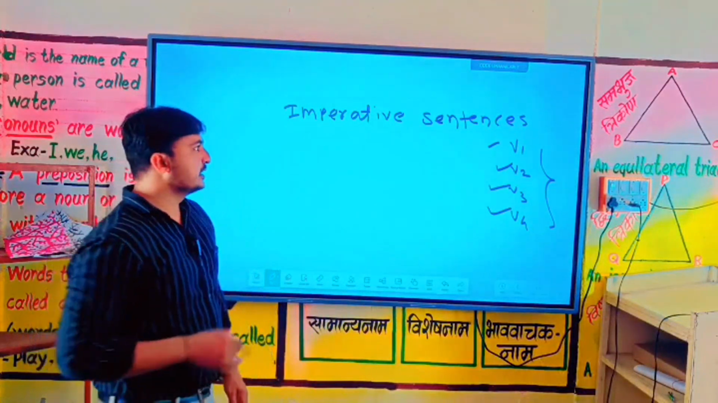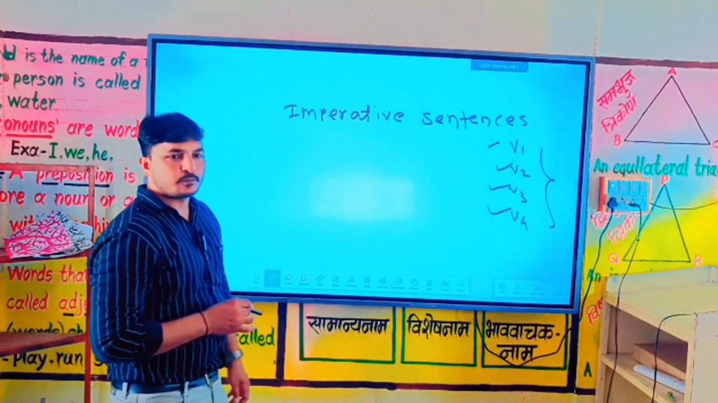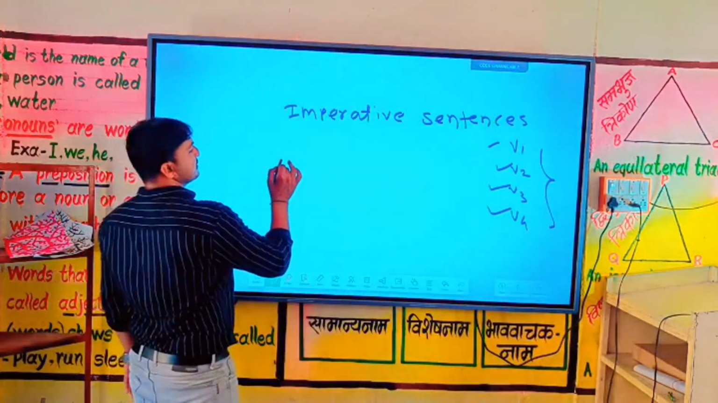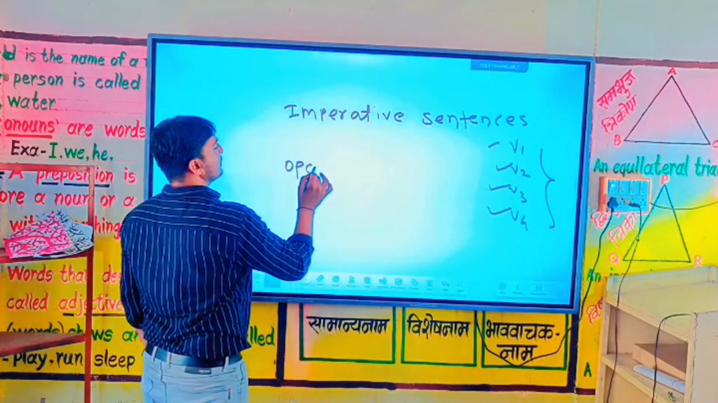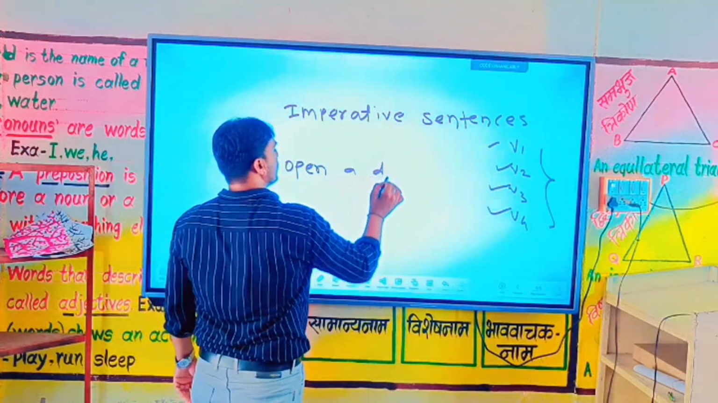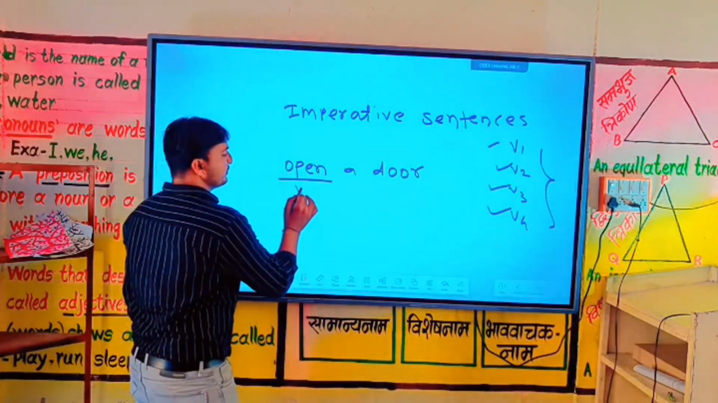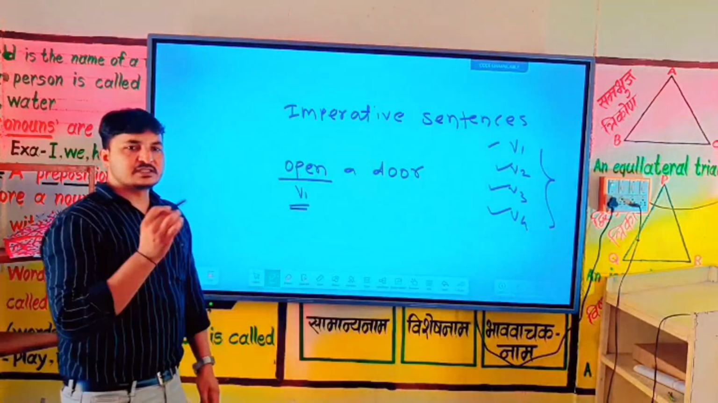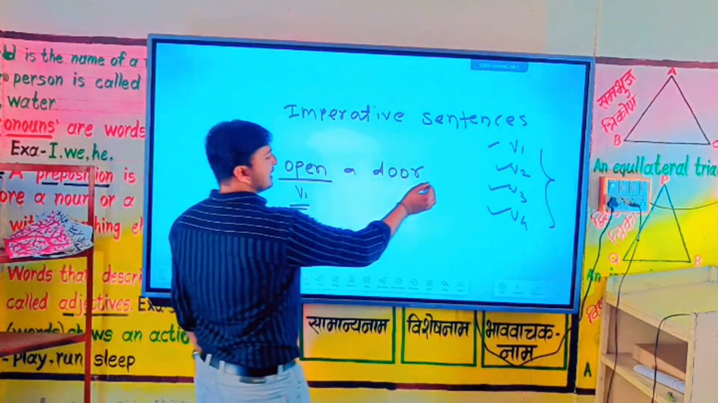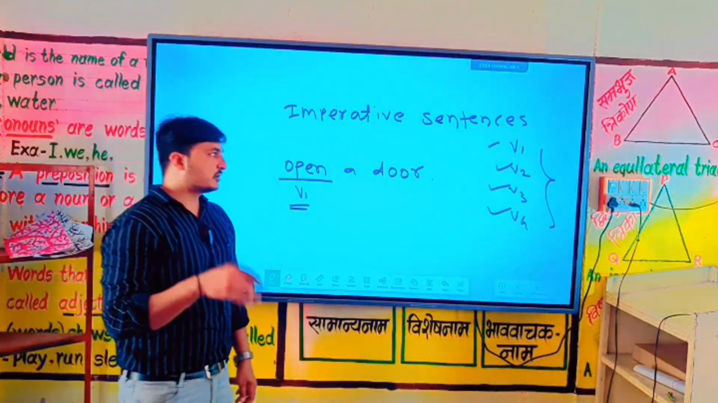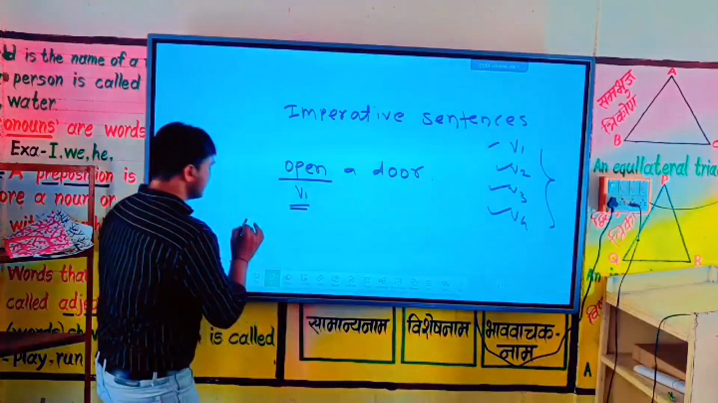Now come to the point. The sentence starts with the base form. It means, suppose, open a door. This is the example. So open, this is V1, it is called the base form, and the sentence starts with the base form and ends with a full stop. And if there is an instruction, it means that if there is an order,